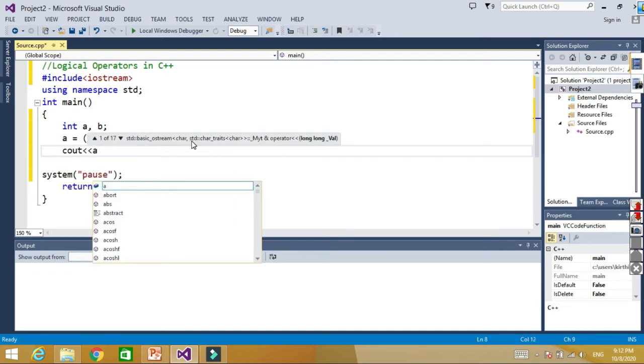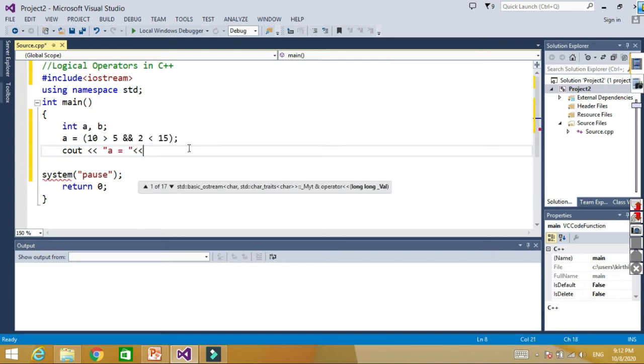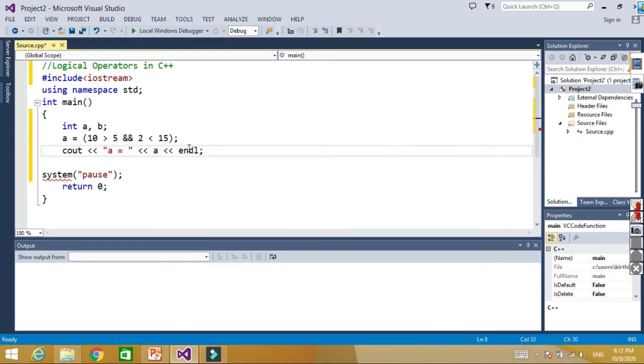So when we print this a, it should give us 1. Let's check it.